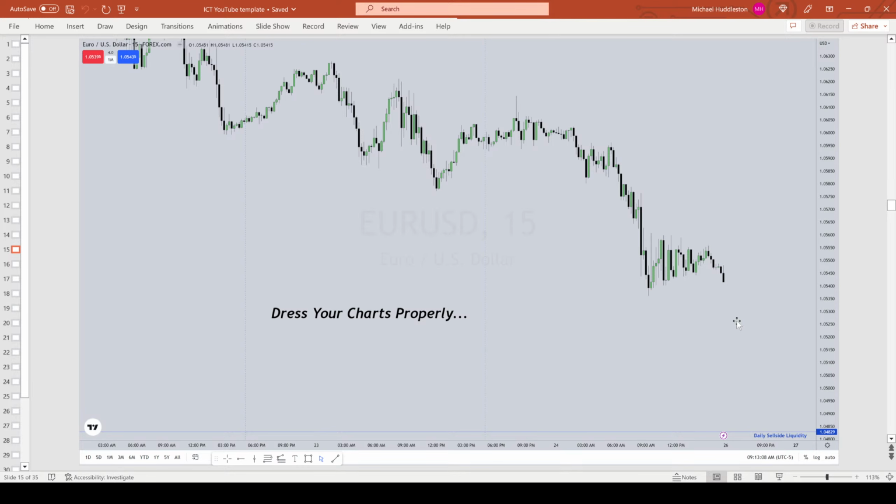Have your higher time frame key levels on your chart as it's reaching for it. You cannot be effectively trading if you're using these ultra small time frames, 5 minutes, 4 minutes, 3 minutes, 2 minutes, 1, and you're zoomed in and you only have a handful of candlesticks. You can't do it efficiently like that. And you're going to get overly emotional when you need not to. You got to have the right things in your chart, folks.